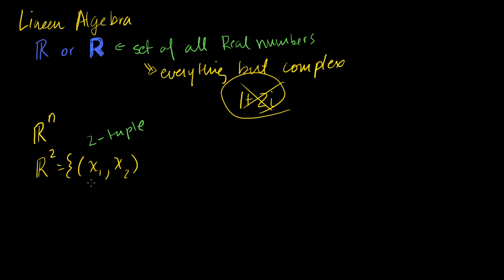So R^2 is the set of all ordered two-tuples, so all ordered lists of two numbers. Let me actually write down the word ordered, because that's important. So ordered list of two-tuples. When I say ordered, I'm saying that this is fundamentally different than that; these aren't the same two-tuple. Each of these is a two-tuple. But R^2 is a set of all two-tuples,